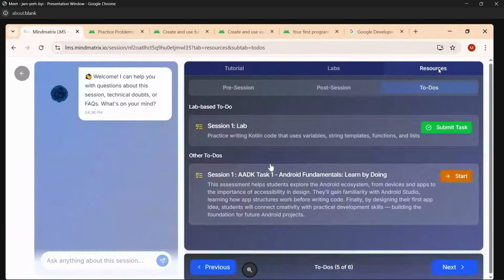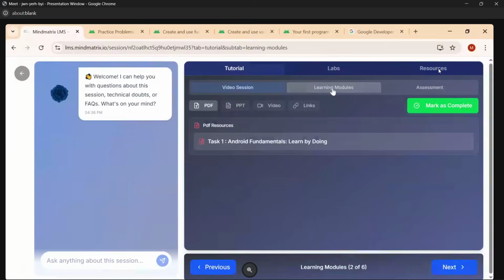The same thing you will mention here also. So after completing this session lab and the ADK task, you just click on submit task. After completing all those things, you just click on mark as completed. So in this session, the introduction to Kotlin,